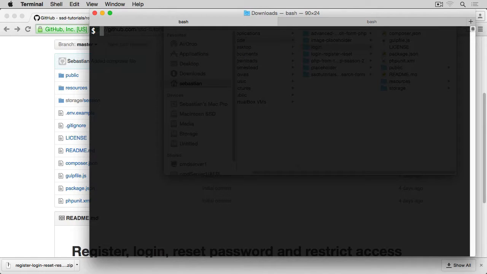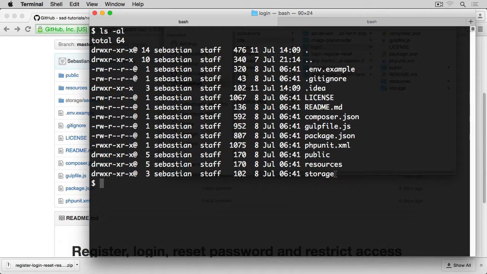Okay, now I'm going to navigate to the directory where my project is. So cd code in my case, and then cd login, which is the directory where I'm keeping my project. And now if I do ls -al, you'll see that all of the files are listed here. We have this .env.example and .gitignore as well. This .idea is just because I'm using PhpStorm, which generates this directory on its own. Don't worry about it, you probably won't see it if you use any other IDE. And then obviously all the other files that were